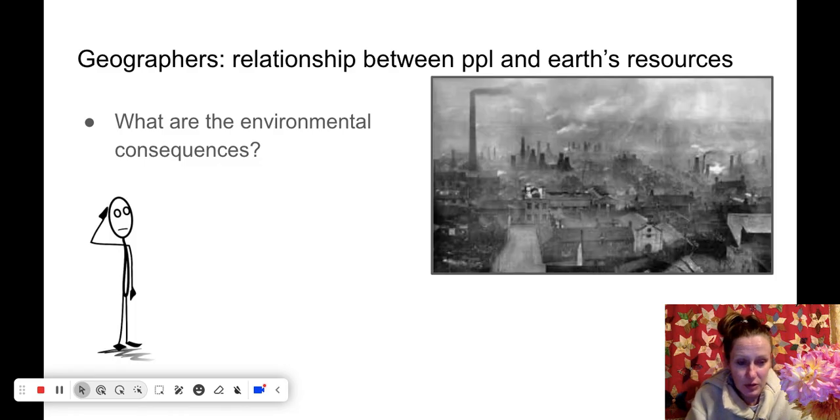So once again, think back to what you learned about the Industrial Revolution, its early days in Britain, and I'm sure you learned about all the smog that was in the air, about the rivers that were full of pollution and all those sorts of things. That doesn't mean that everywhere a population is increasing, it's going to be this detrimental, right? But it does reflect that it's going to tax the resources, right? There used to be forests all over England, but the population used them. That resource is gone now. There was a large coal resource, and that's why you see lots of coal burning factories there at the time.